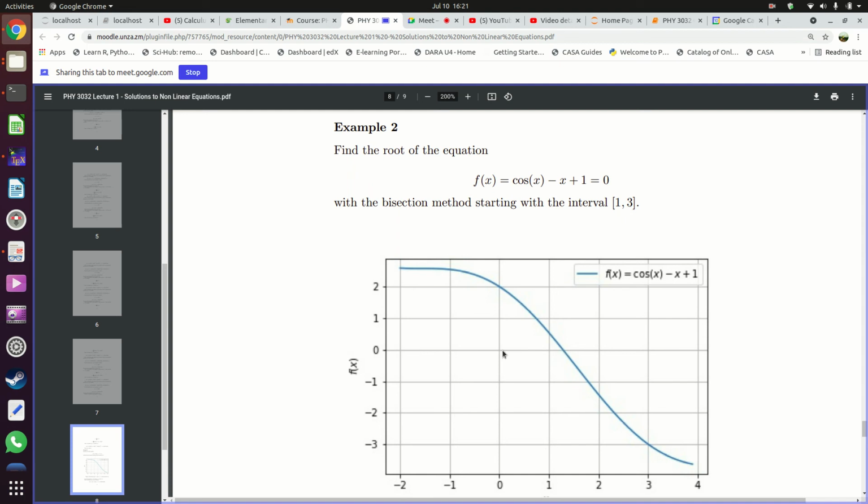Okay. So again, we're going to look at another example for bisection, because there's going to be a problem for bisection. You're going to have an assignment problem for bisection. You're going to have a test question for bisection. You're going to have an exam question for bisection. So this has to be understood, because after this, we're done with the second example. When you're done with this topic, you will get assignments. The first assignment is going to have 3 questions: one on bisection, one on the Newton-Raphson method, and one on the secant method. Are we clear?